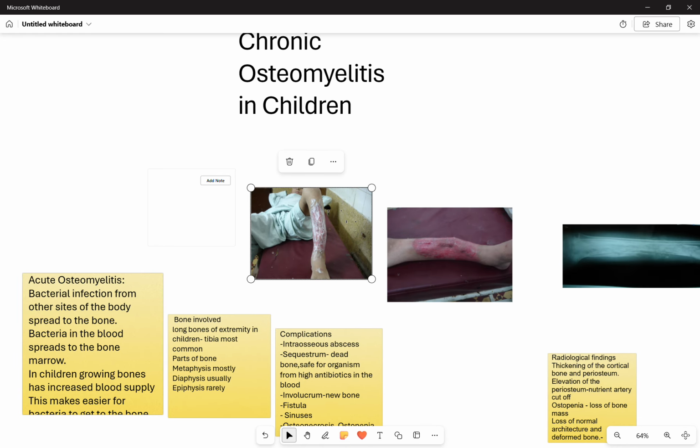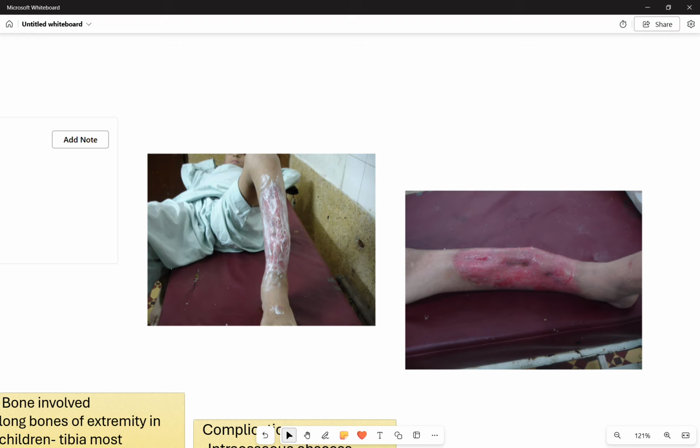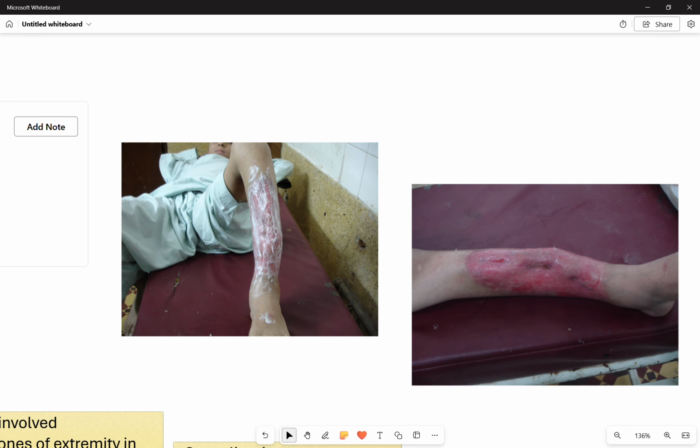This is a picture of a 10-year male child, and you can see his left leg, lower part. The skin is very much inflamed. There is an antibiotic cream applied over here, and this is also a deformed leg. There is bowing of the leg over here,